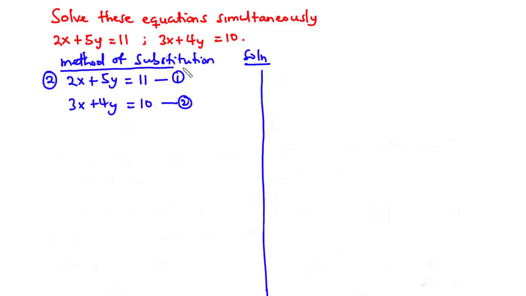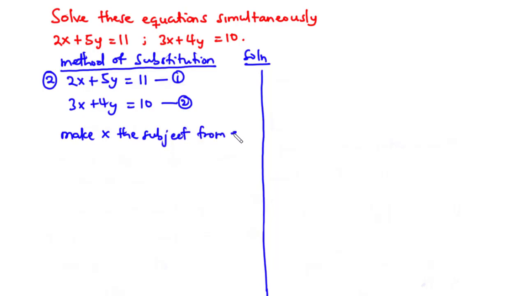Using the method of substitution. Basically, we are going to make one of the variables the subject from any of the two equations. And then we can substitute that into the other equation. So for instance, if we are going to make x the subject from equation 1, then we are going to put x into equation 2. So the first step is make x the subject